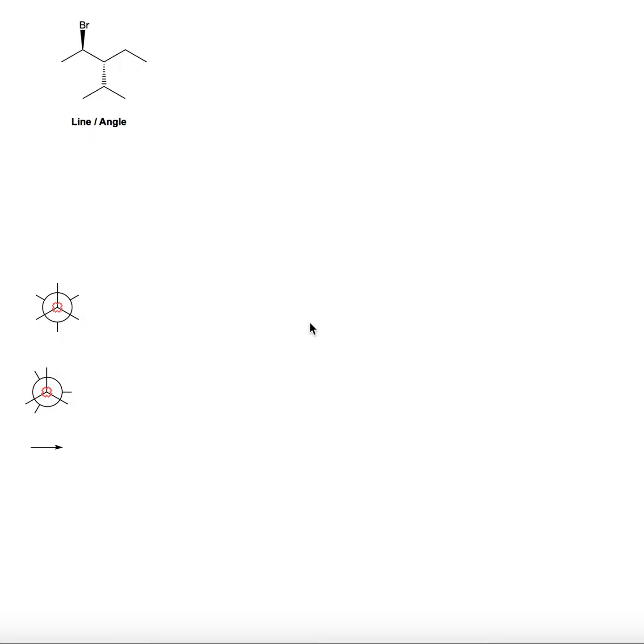Hello everyone, in this video I'm going to show you how to draw a Newman projection, which is what we have here. I'm going to draw a Newman projection from a line and angle structure, okay? Remember, a Newman projection is a projection that is given when we are looking at a molecule through a carbon-carbon